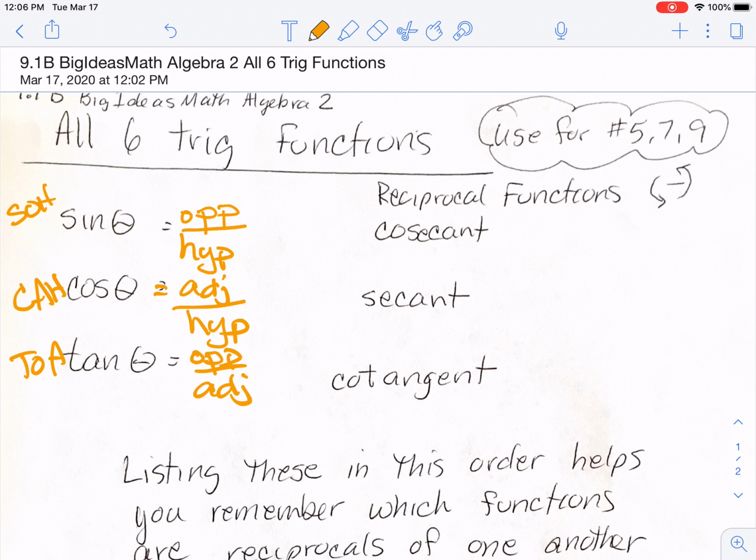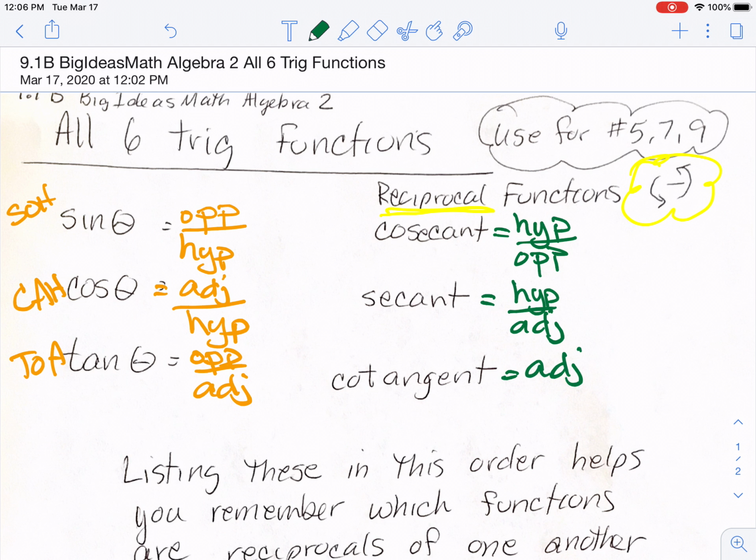Now the other 3, if you know these 3, the other 3 are easy because they're just reciprocal functions. The word reciprocal just means flip it over. So here's my cute little picture to show flip it over. So cosecant is going to be the sine function flipped over. So cosecant, parts of the triangle formula is what I like to call it, is going to be hypotenuse over opposite. Secant is going to be hypotenuse over adjacent. And cotangent is just the tangent's reciprocal, so we're going to flip the tangent formula over and use adjacent over